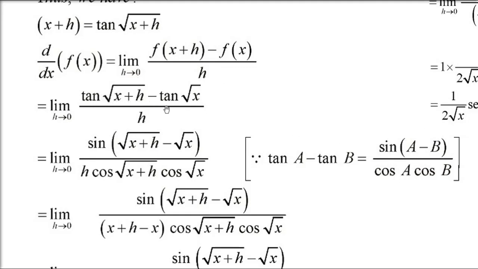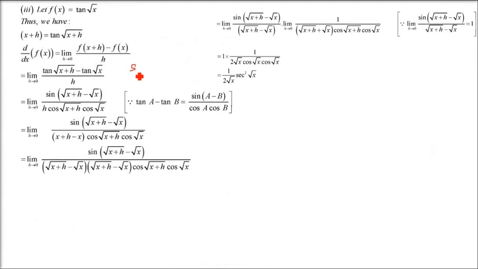So tan you will write as sin by cos minus sin by cos. So sin a cos b minus cos a sin b will be sin(a − b). This is θ1, this is θ2. So sin θ1 cos θ2 minus cos θ1 sin θ2 is going to be the numerator, and in the denominator you have cos cos.